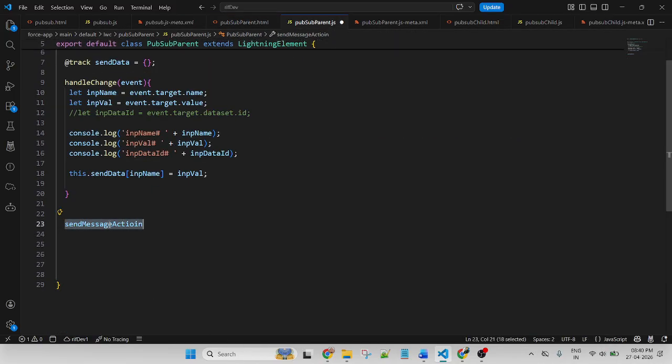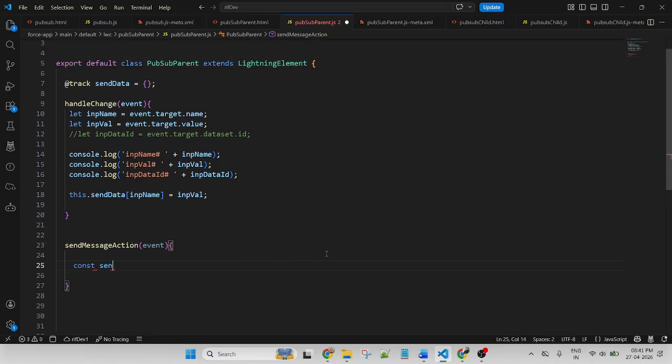First, this is my function with event, and here first I will create a variable, constant, send message.